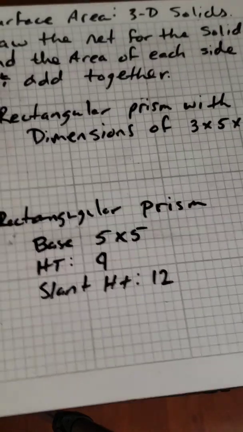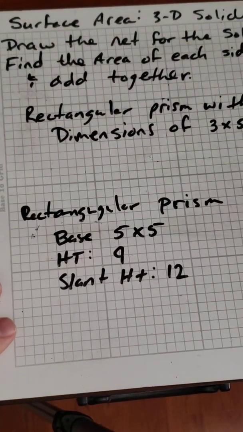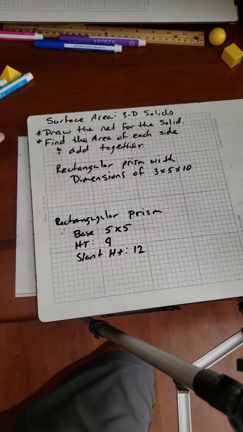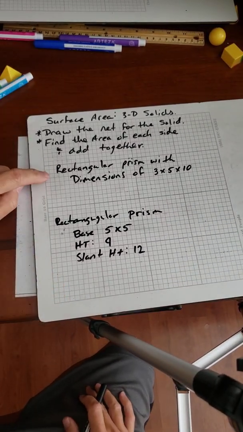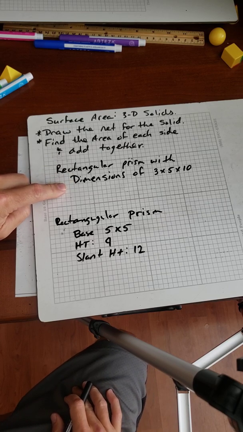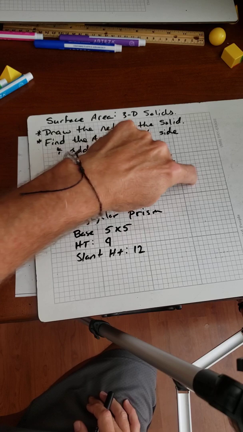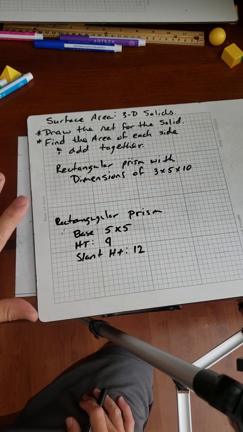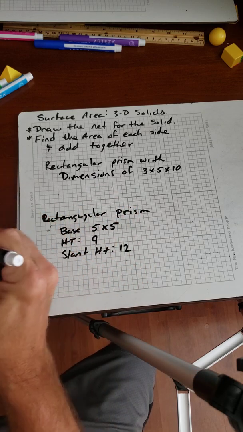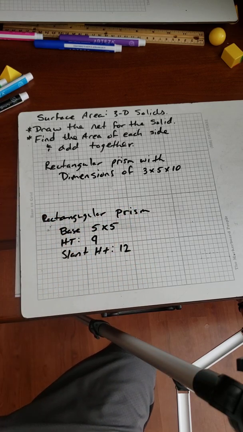So, first one here, let me zoom out. We're going to find the surface area of a rectangle that has the dimensions of 3 by 5 by 10. Okay, so a 3 by 5 by 10 rectangle. So the first thing I'm going to do is draw my rectangle in here,